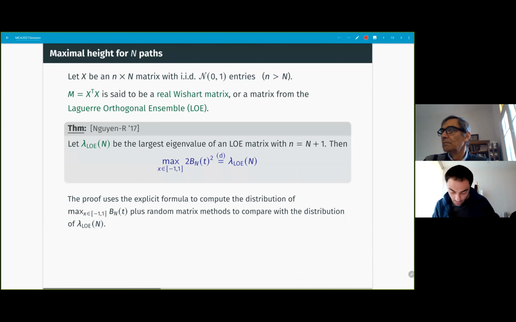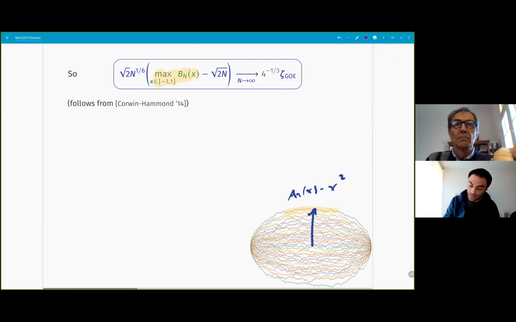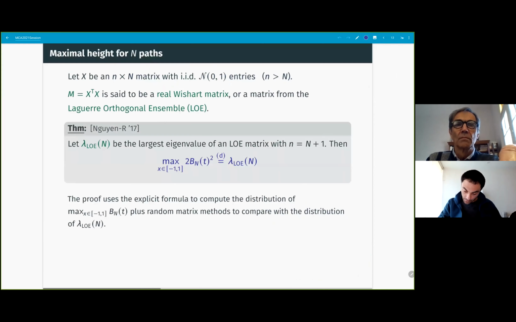So now what I want to do is look at the same problem, the maximal. Let me go back just a little bit. Okay, so over here I was looking at this maximal height, right? But I was taking a limit as n goes to infinity, rescaling and getting this limiting random matrix distribution. So a reasonable question is, what if I don't take a limit? What if I just fix n and try to study the distribution of that random variable, of that maximum? That's what we did with GOE a couple of years ago. And the result is the following.